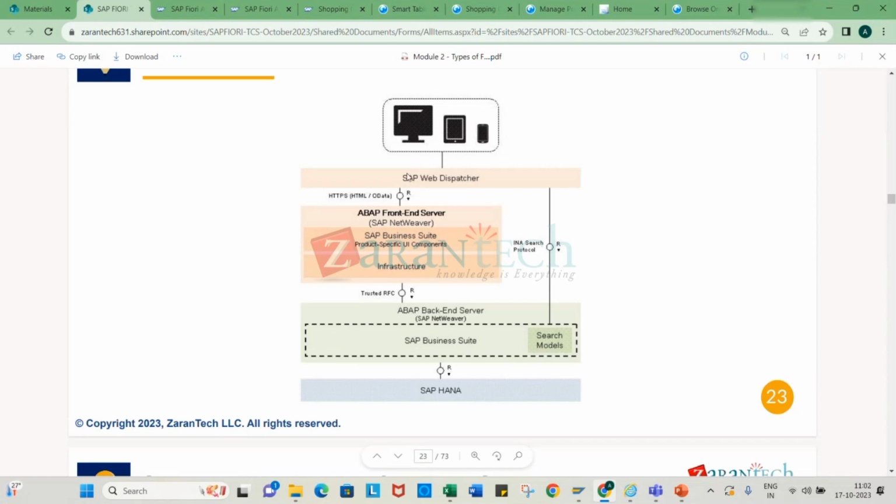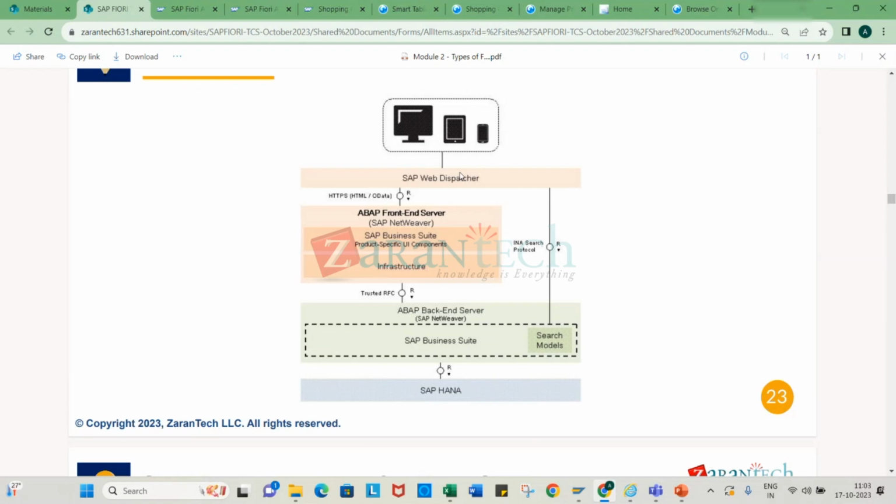But in case of FactSet, your web dispatcher plays a very important role here. So what is the role of a web dispatcher? Basically, it identifies your request type and where it has to go. That decision is made by the web dispatcher. Whenever your device is running that app, the web dispatcher detects which type of